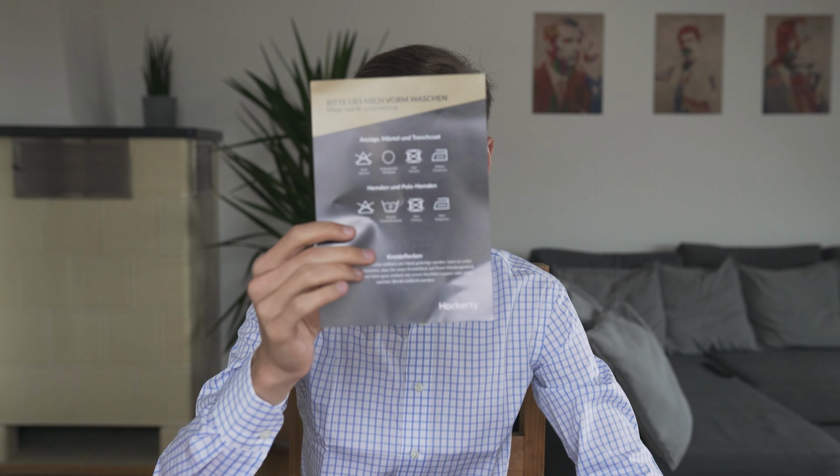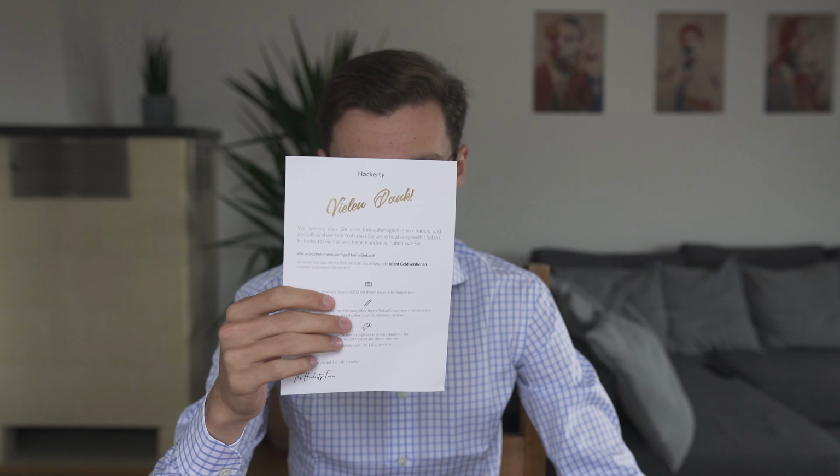a little card saying how I should wash their items, but it's only about suits, coats, trench coats, shirts and polo shirts, so there is nothing stated about denim jeans on this, so it doesn't really make sense to put this into this order. And here we have a thank you card basically, saying that I could